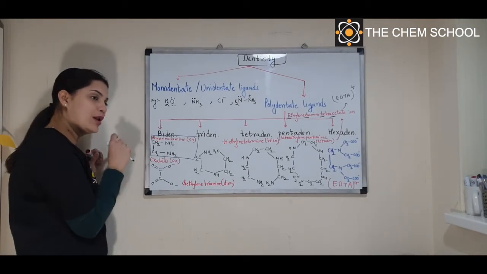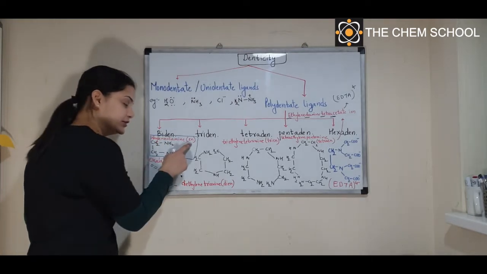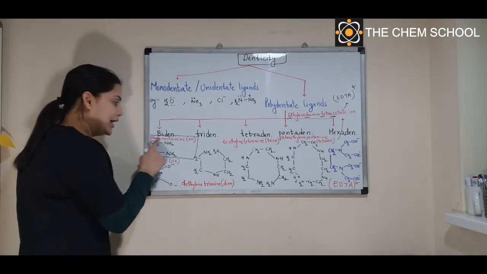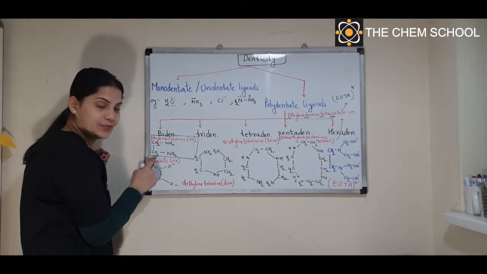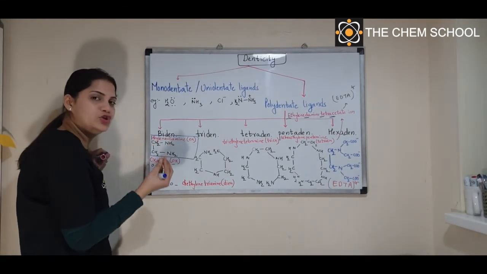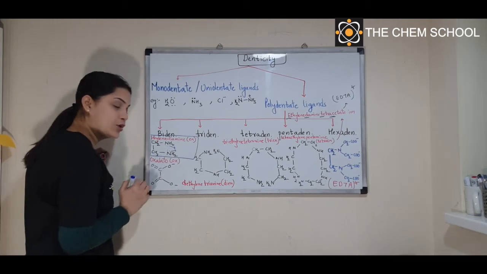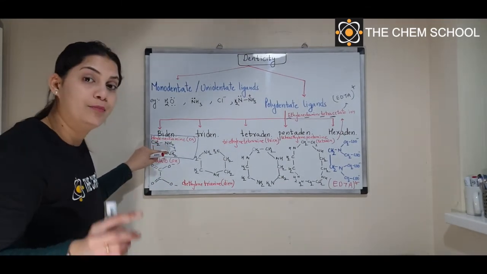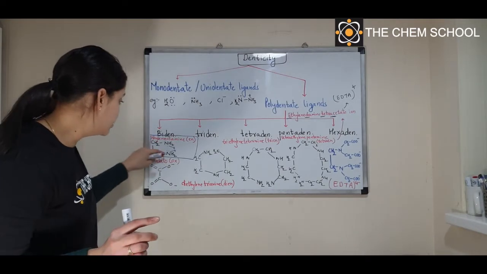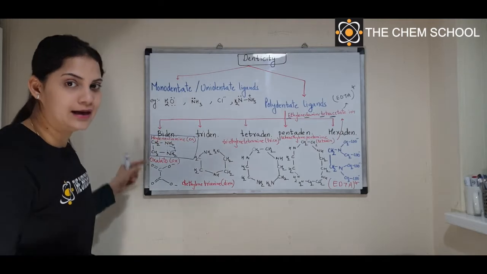Remember this symbol because while writing down the formula of a coordination complex, you will need this. So ethylene diamine can be represented as En, and the structure will be this. We said that it is a bidentate ligand. So which pair of electron is it going to donate? You know that nitrogen has a pair of electron, that is lone pair. These are the pair that is going to get donated. Since it is donating 2 pair of electron, you will say it is bidentate. Now you can see it is donating lone pair. So lone pair donors, there is no charge on the molecule, therefore it is going to be a neutral one. So ethylene diamine is neutral bidentate ligand.